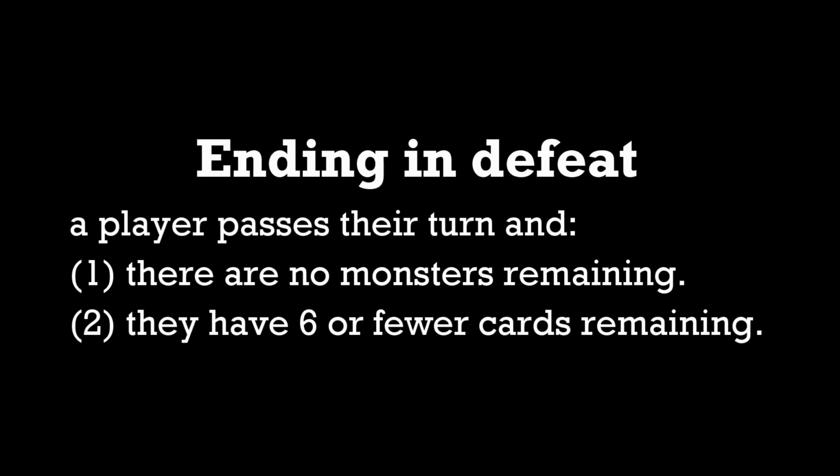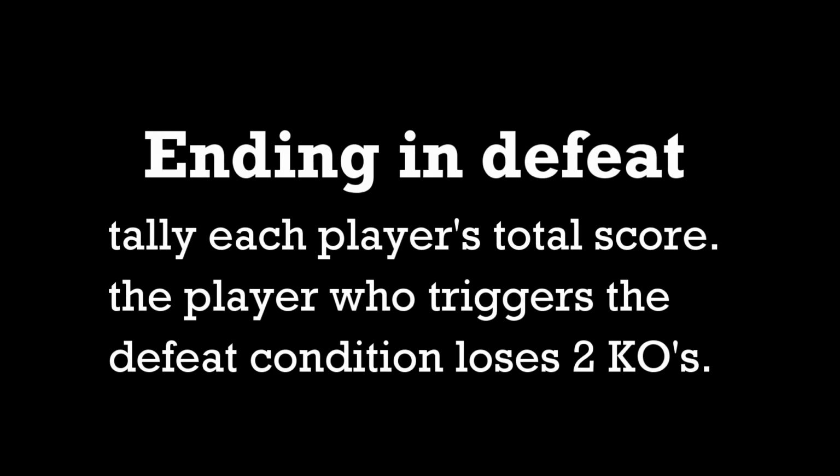The game ends in defeat if a player passes a turn and there aren't enough monsters to replace their active monster, or if they pass their turn and they don't have enough cards to draw a new hand of cards from their deck. When a game ends in defeat, the player who triggered the defeat loses 2